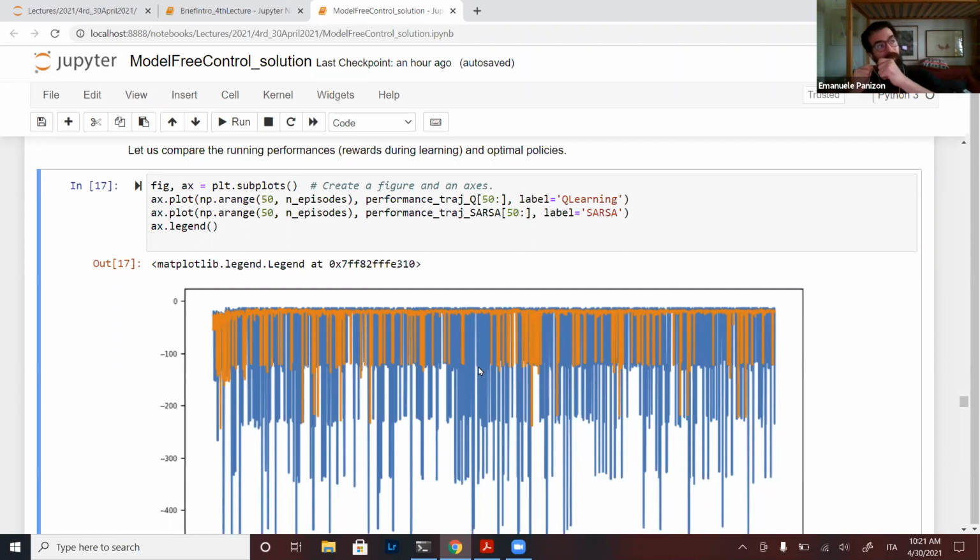Q-learning has used those trajectories to find the best policy, which is separate from it. So Q-learning has a much worse performance because it is following trajectories which go along the cliff, but it learned to go along the cliff because it knows that the optimal policy does.